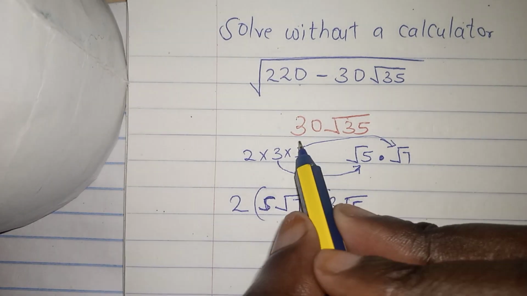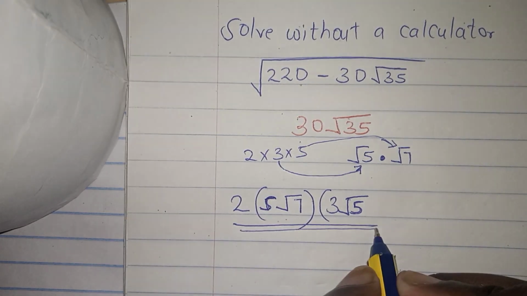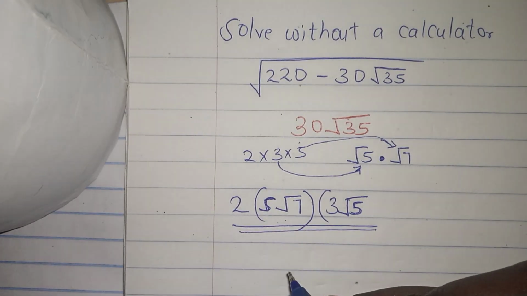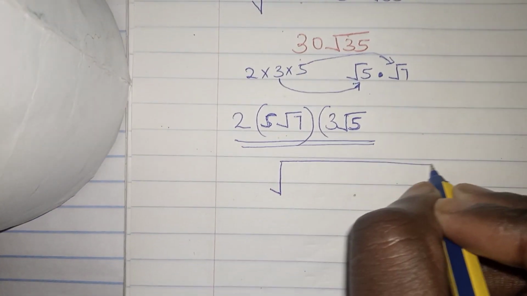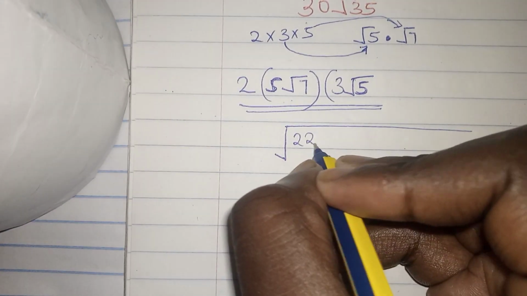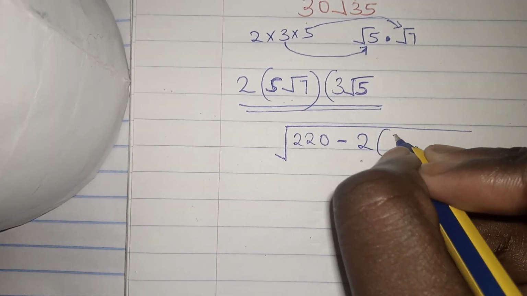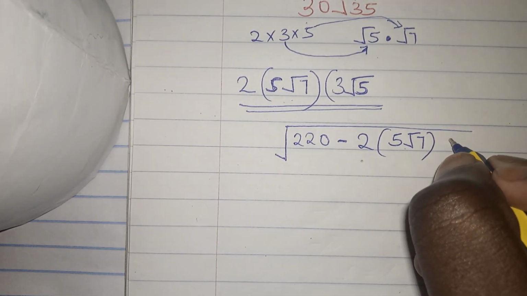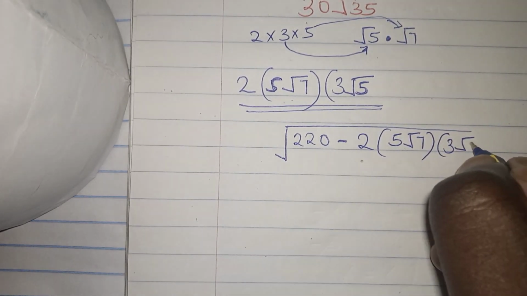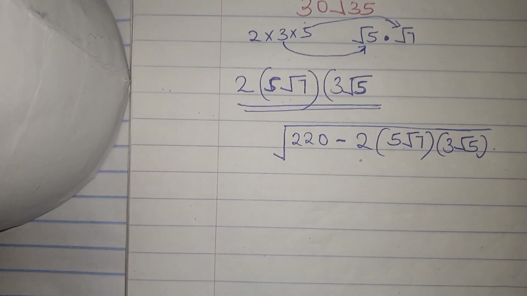So I've presented 30 square root of 35 in this form. Okay, so this will be square root of 220 minus 2 into 5 square root of 7 into 3 square root of 5. Right? So my next step,